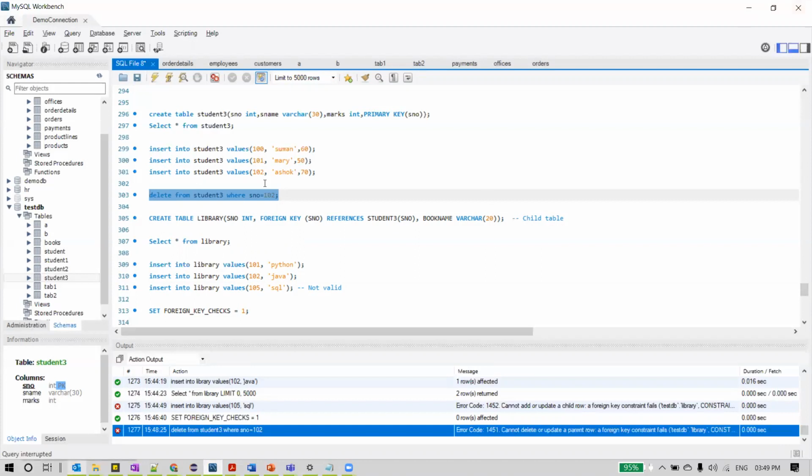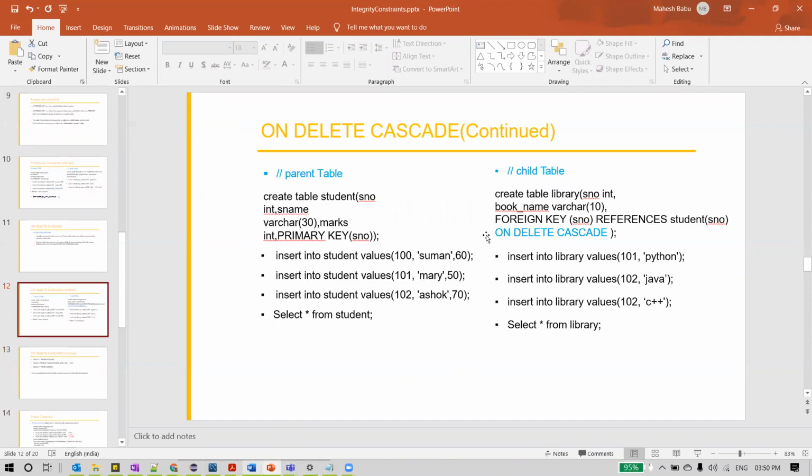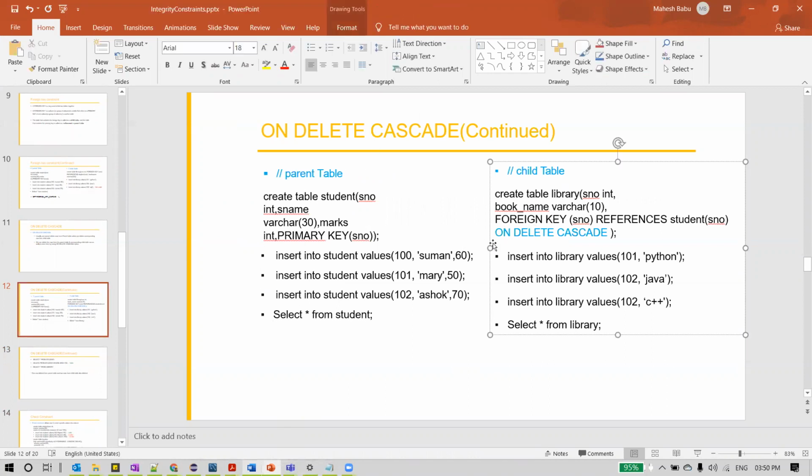If there is a parent key and foreign key constraint, the solution here is we can use on delete cascade. There is something called the on delete cascade option, which we can define when we are defining the child table itself. Earlier we didn't have this, if you observe. Now we are going to have this after defining the foreign key, and you can also see the foreign key is now defined at the table level.